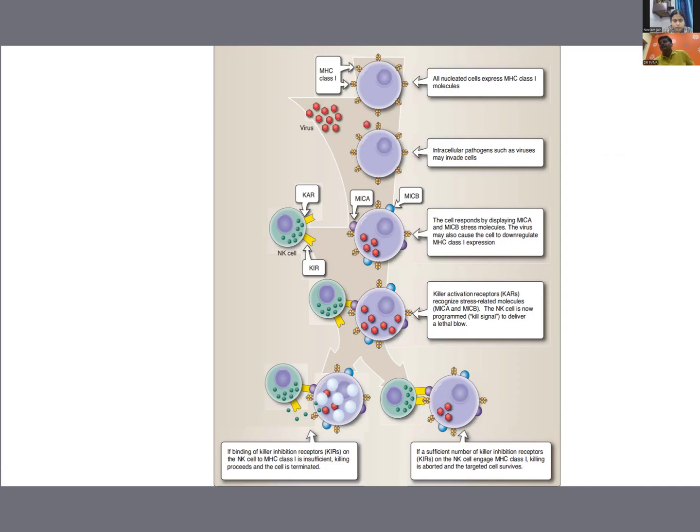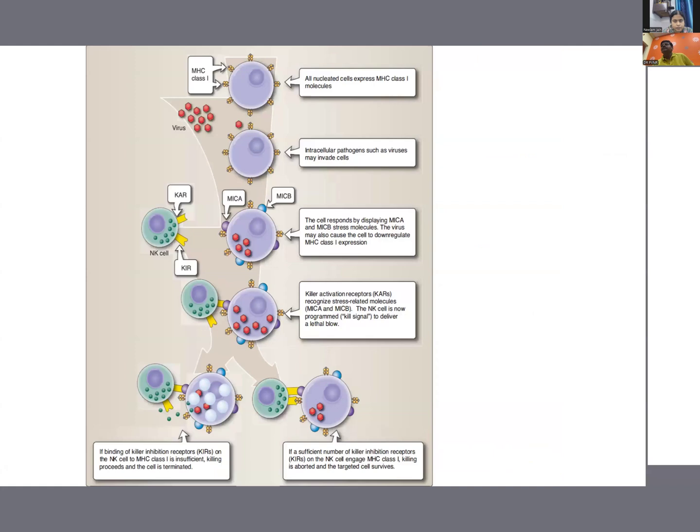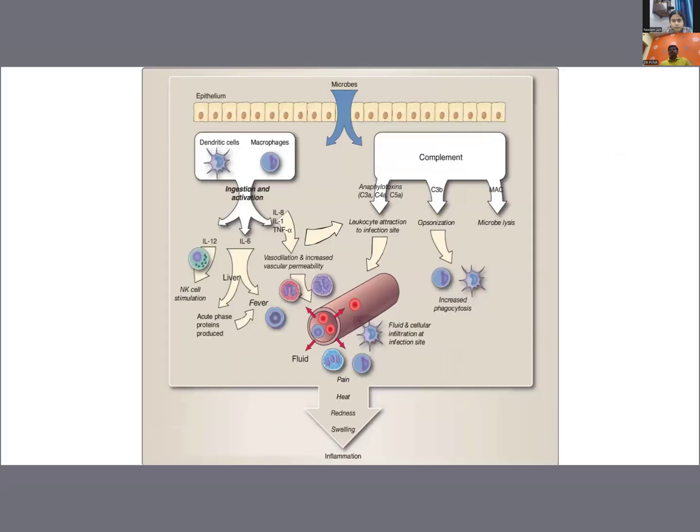Perfect. Okay, let's move ahead. In this slide, we are comprehending what we have learned till now. The microbe is entering inside, that is the microbe or the pathogen or an antigen, different names. I will elaborate on that. It's breaking the barriers. Once it is entering, the innate immunity is getting activated in the form of complement or resident cells like dendritic cells or macrophages. And once they ingest these